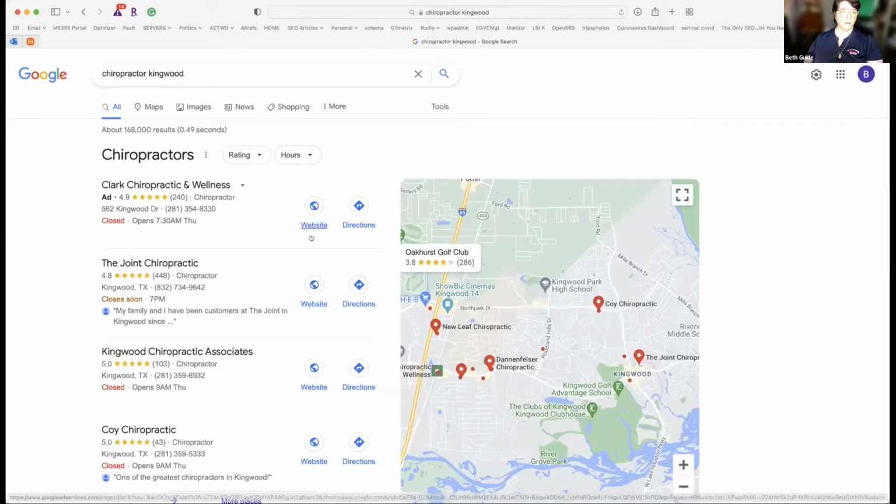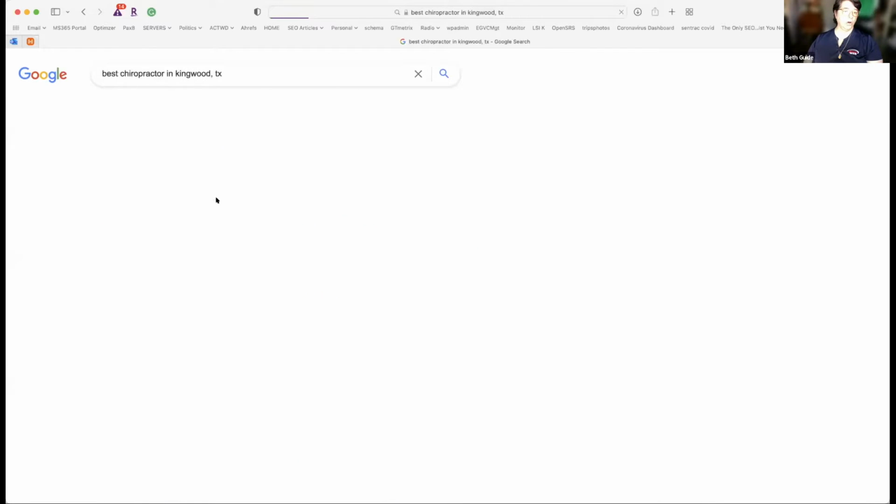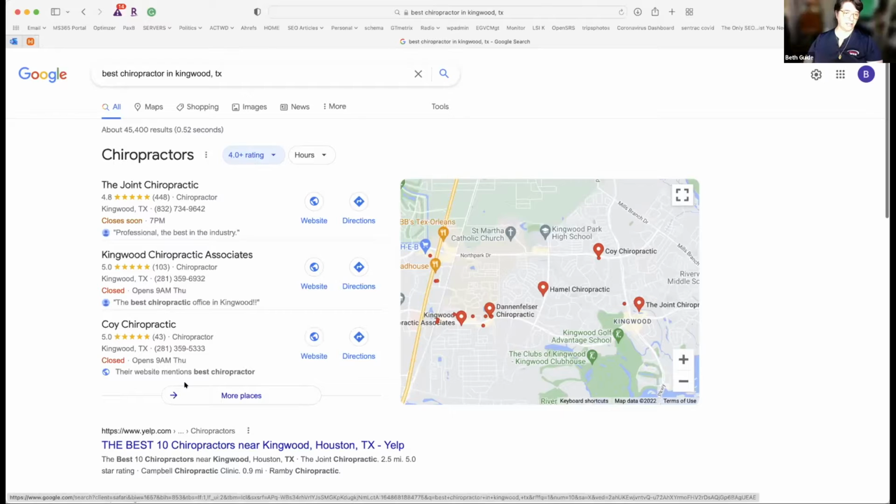So if you're in a competitive industry, that's one set of circumstances. If you are in a non-competitive industry, you're going to be in a whole lot better position, and the lift required to get into this map pack goes way, way down. With that said, I'm going to tell you where we're going to start, and then I want to show you how to structure your website if I can get that far. Is everybody with me so far?